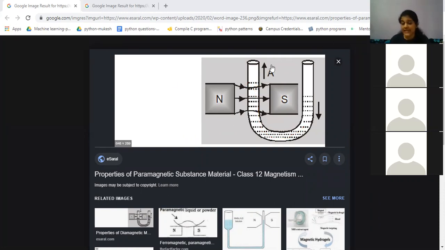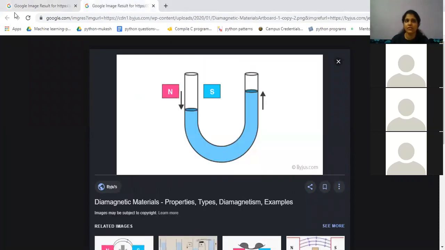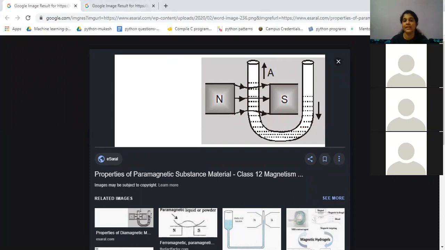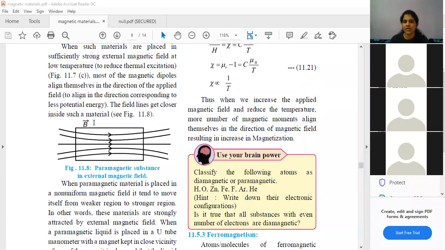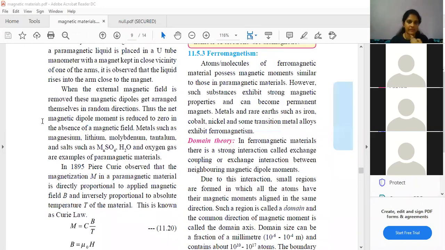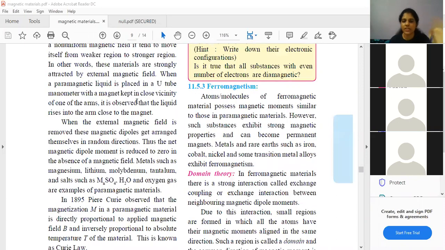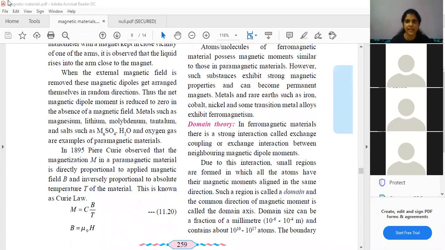You all can draw this diagram if you all want to support your answer. Like in this manner, you all can draw and show the diagram as well when you all are writing for paramagnetism and diamagnetism answer. Okay, that is up to you all. This diagram is important, but students, the diagram where you show the block placed in uniform magnetic field and all, this diagram is important. You all have to draw without fail. Okay, so here they have written about the U-tube experiment, which I just explained.